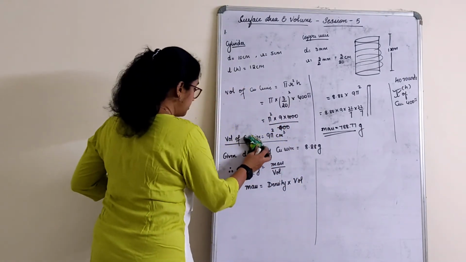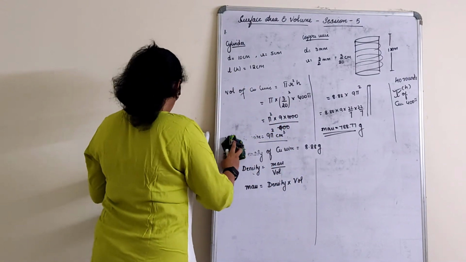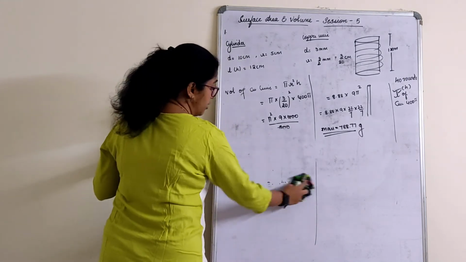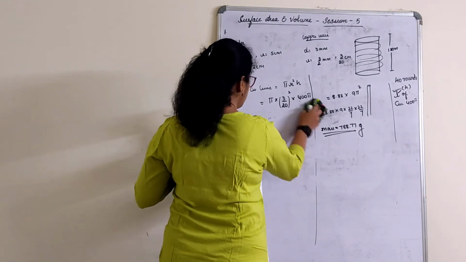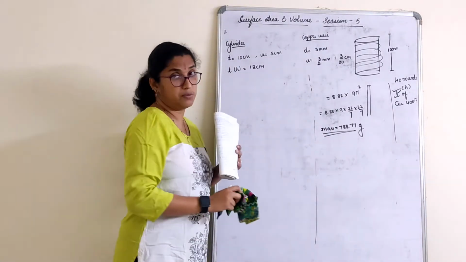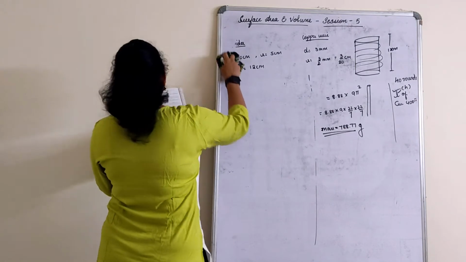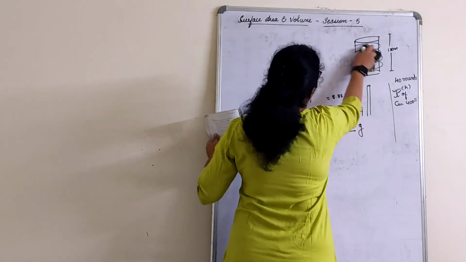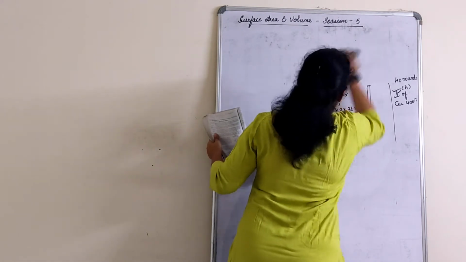So we'll go with the next one. Optional sums are quite lengthy here. See, there are totally 7 optional sums given, out of which 6th and 7th I will not be solving because they are derivations. Derivations are not important. You can just go through the derivations in the textbook just for your reference. So we'll be doing only the first 5 sums here. Okay. And the next one.